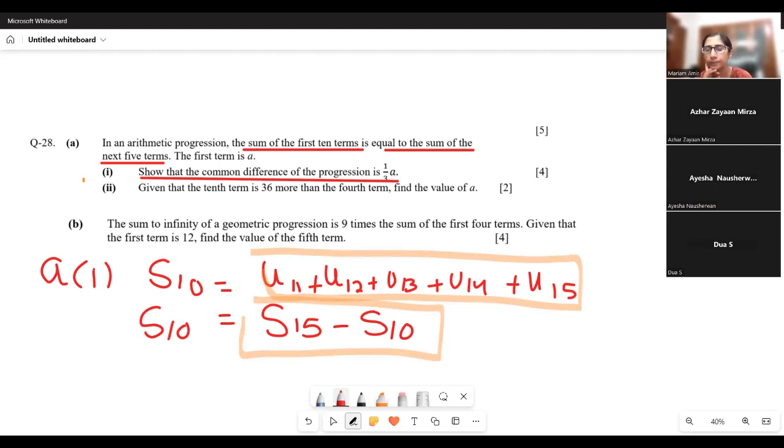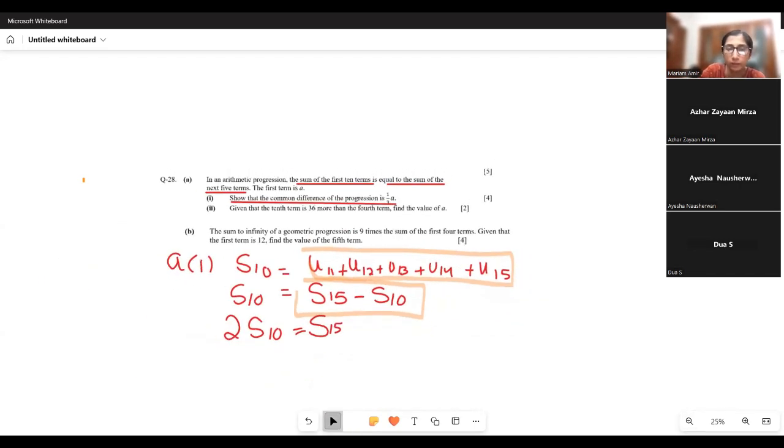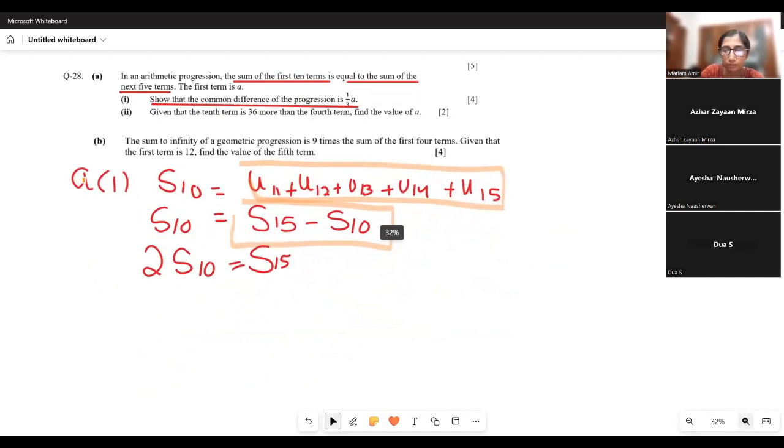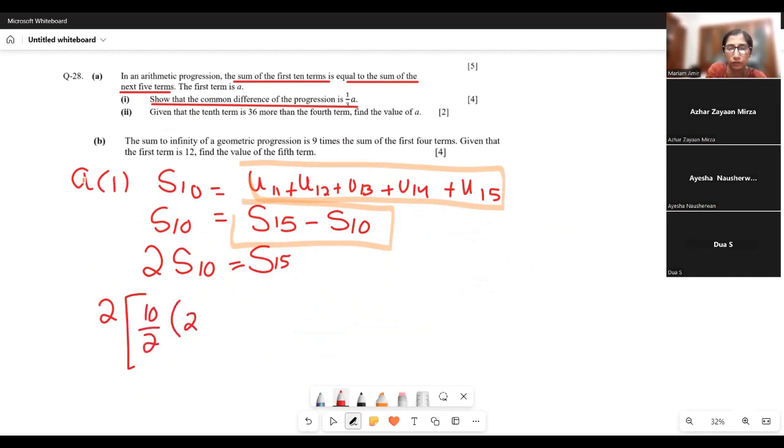अब इसको rearrange करते हैं. S10 left में भी है, right में भी है, bring it to the same side. So that means double of sum of first 10 terms would be equal to sum of first 15 terms. Okay. अब value substitute करते हैं formula में. So 2 times sum of first 10 terms का formula होगा 10 over 2 times 2a plus d times n minus 1 would be 9